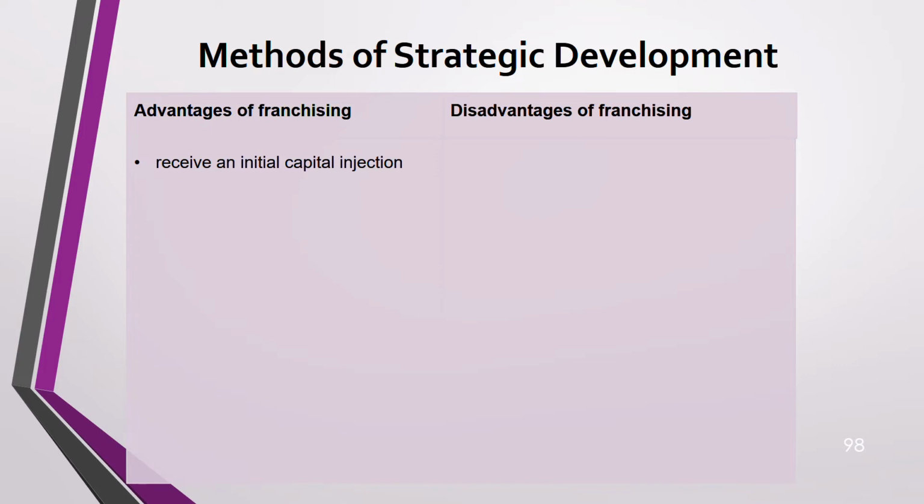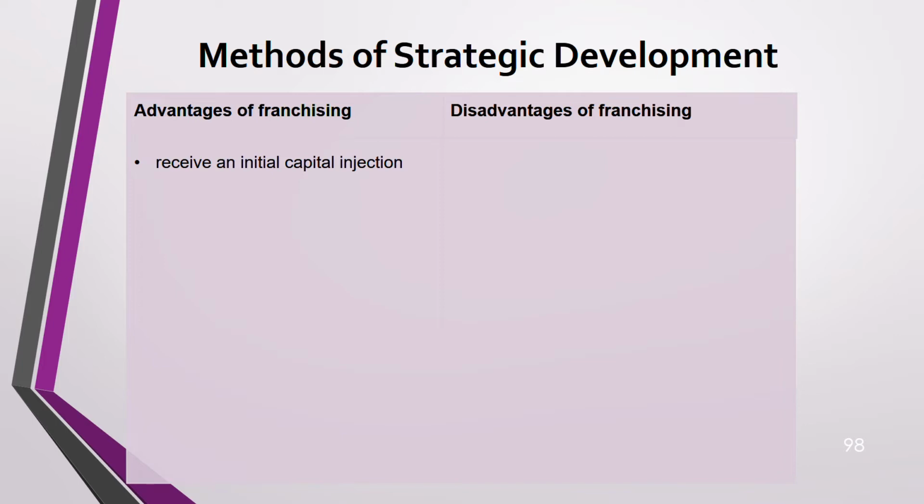So there are two parties to franchising. One is known as the franchisor, the other is known as the franchisee. The franchisor is the one who gives his license. He's the owner. Basically, he is the one who started the business. He gives his license to operate, the name, and the resources needed to operate under his branding to the franchisee. So when we are talking about advantages and disadvantages, it includes both franchisor and franchisee. It's like employer and employee.